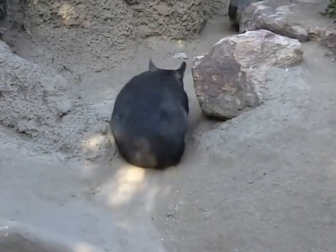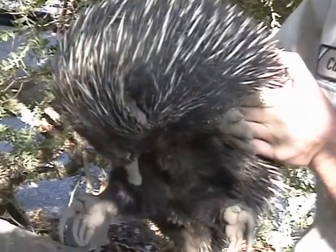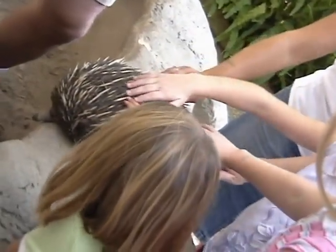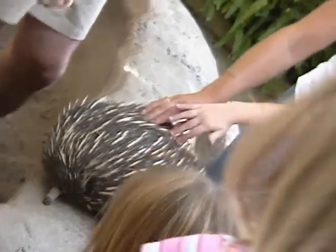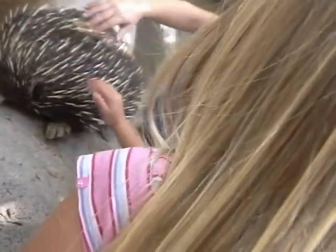That's a wombat. He's the oldest mammal here in the zoo. Look, their defense is that they have very strong muscles and they'll pull their sides in, and then in turn you can't really reach. Is it a hedgehog? Nope, it's an echidna. Look at its little nose. Hedgehogs are...